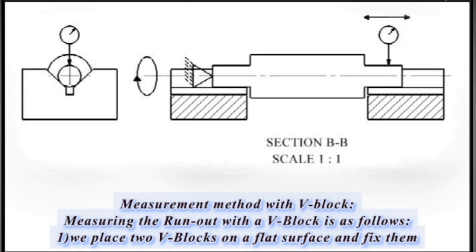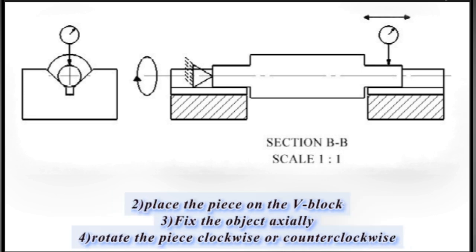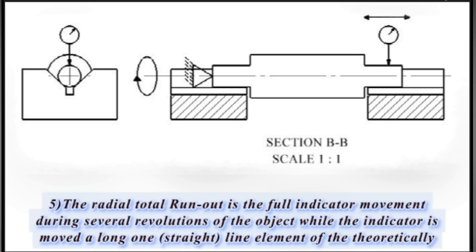Measurement method with V-block. Measuring the runout with a V-block is as follows. 1. We place 2 V-blocks on a flat surface and fix them. 2. Place the piece on the V-block. 3. Fix the object axially. 4. Rotate the piece clockwise or counterclockwise. 5. The radial total runout is the full indicator movement